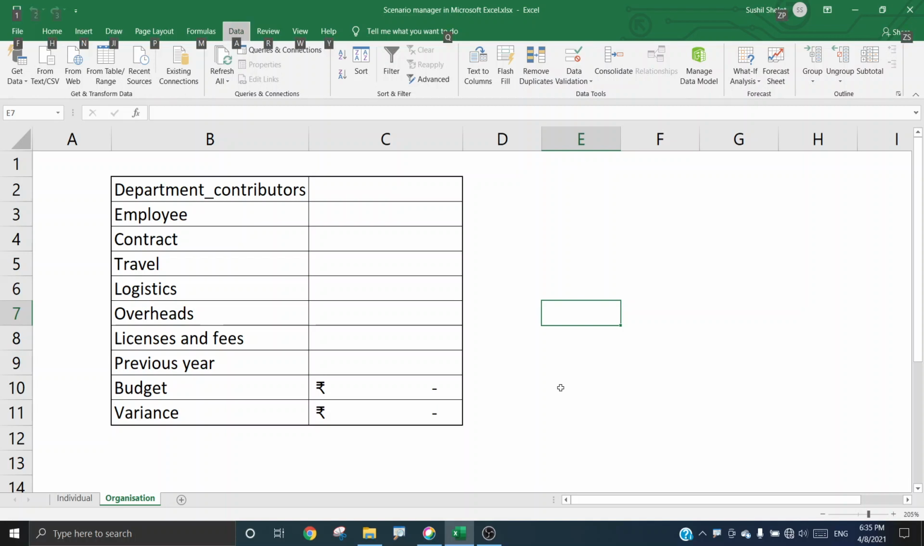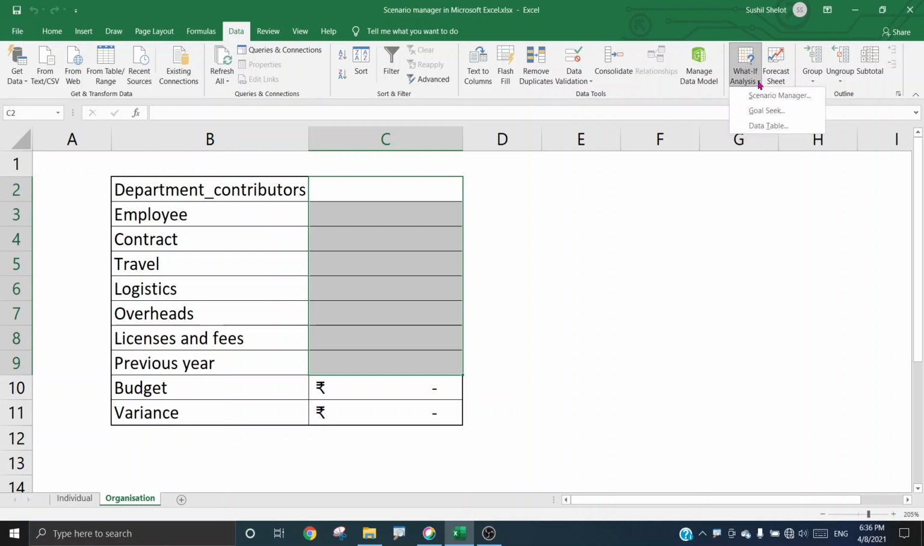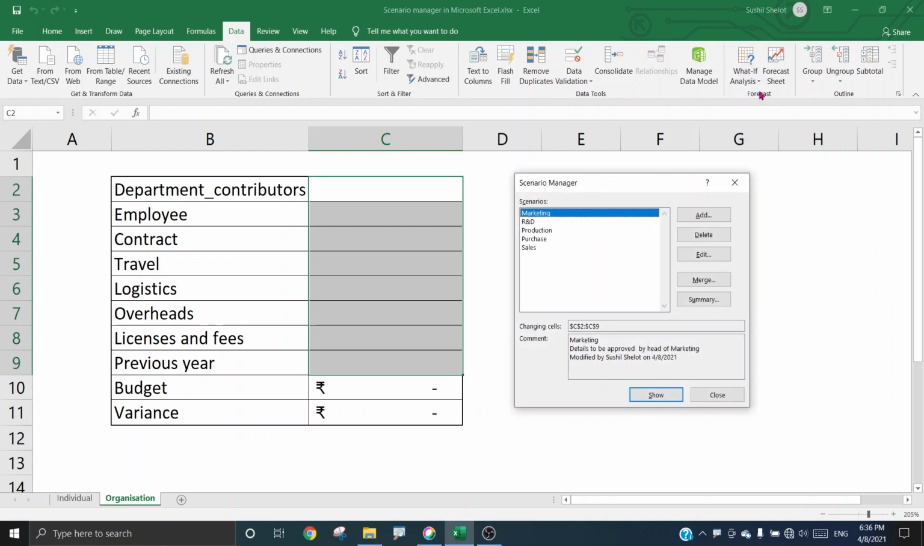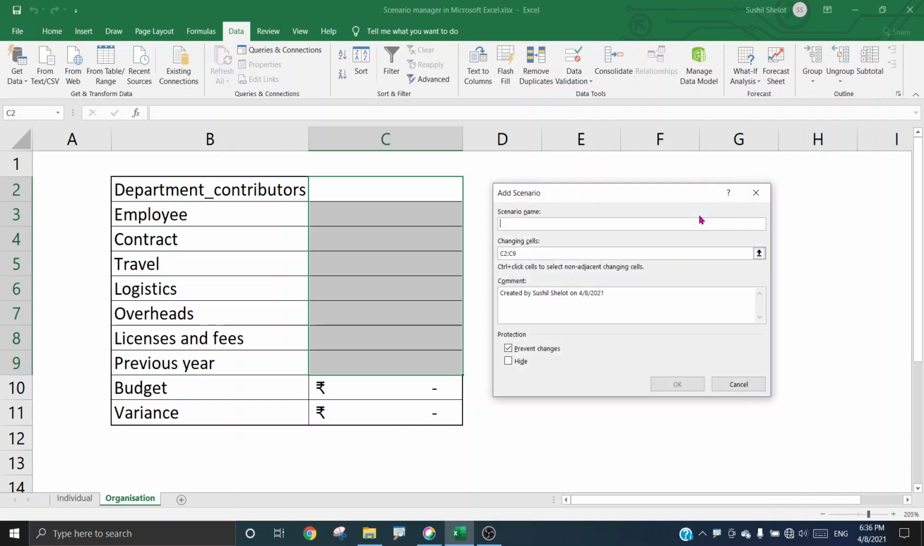Let me explain to you that the variable cells can be chosen in a different way also. If I choose these cells which I want to make variables beforehand, I can then go to what if analysis and choose scenario manager. And here I'll say add new scenario, I'll say scenario, and I will say admin department. Okay, so for admin department, if you see here C2 to C9, which I have already selected, are appearing as